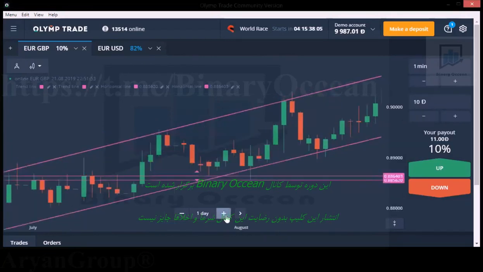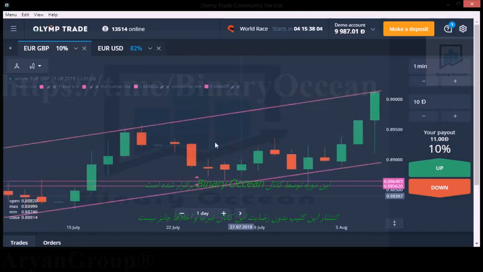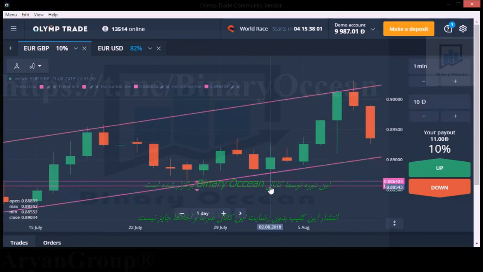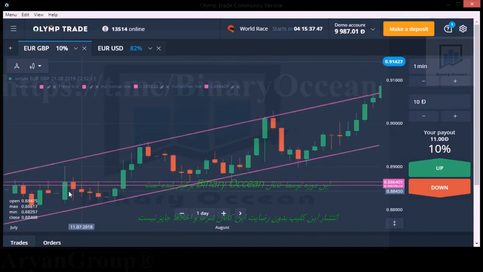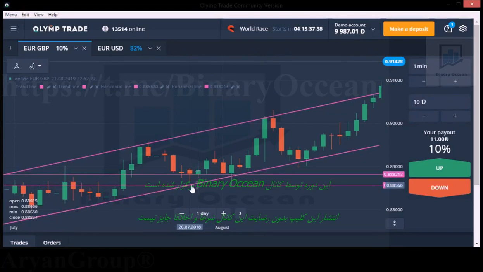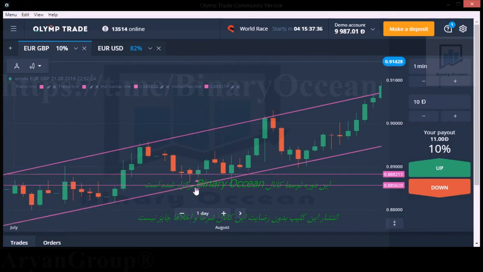So you should place your stop loss just below this line. If you make the stop loss point below this level, then you don't need to worry about loss. So always see the strong price action on the left side, then make your stop loss point below the previous reversal point. And here also, we are seeing a strong reversal point.